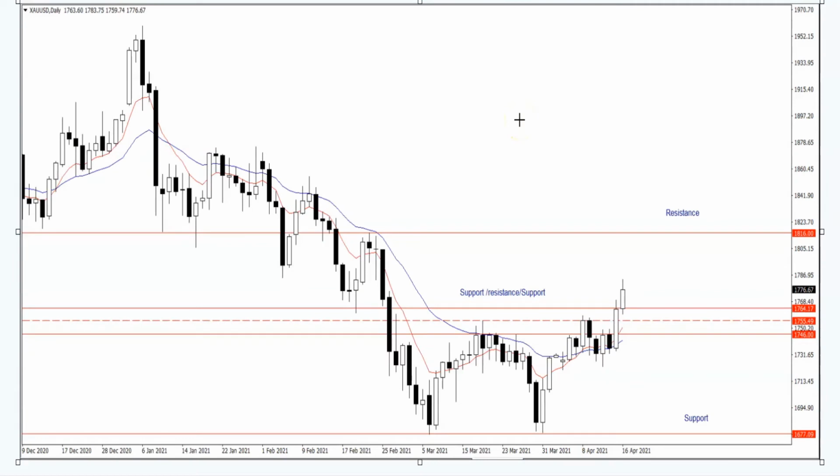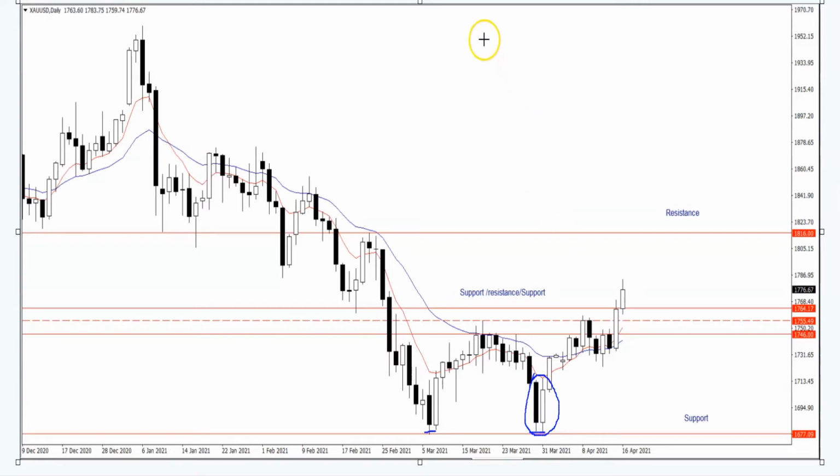Traders, here we have gold. The overall bias in the long term is bearish on gold, but I do have a short-term bullish bias, which I'll explain in a moment. We can see here, traders, after reaching support at this double bottom pattern at 1677.09, this second pattern